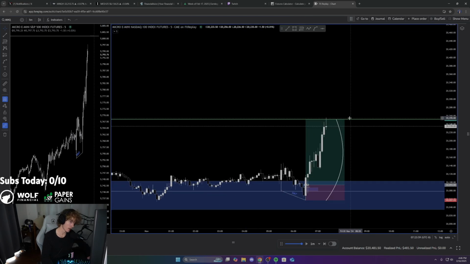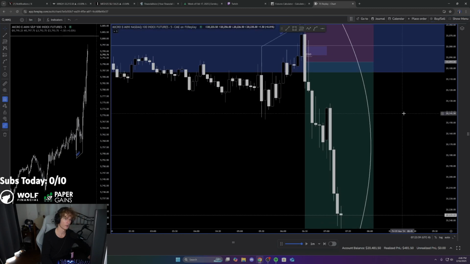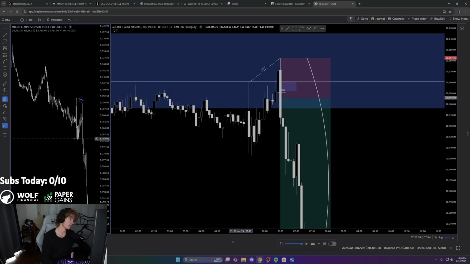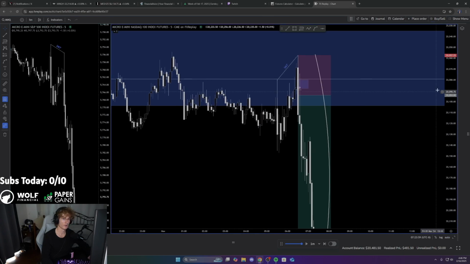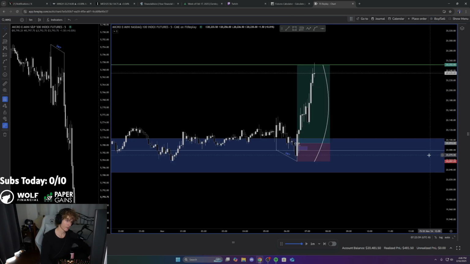And this can be caught to the downside as well. Either way, it's the same exact thing. Here, you want to catch it to the downside? You want the bearish model of this? There's the bearish model. SMT at the highs. Boom. Invert scale. There's the bearish model. Same exact thing. Bang. Same exact thing. Invert scale.